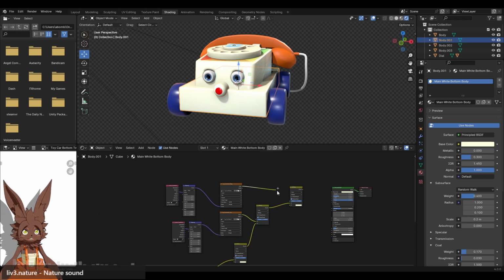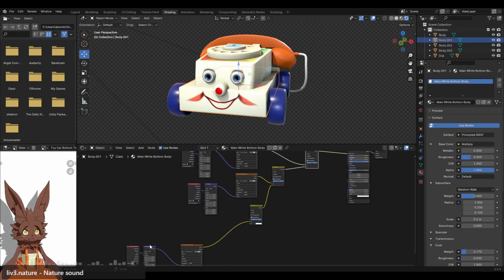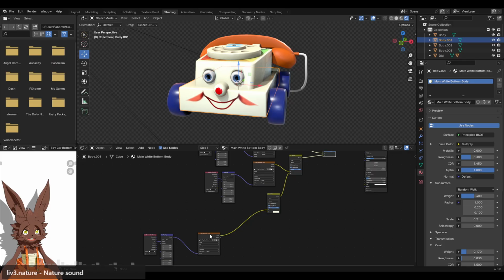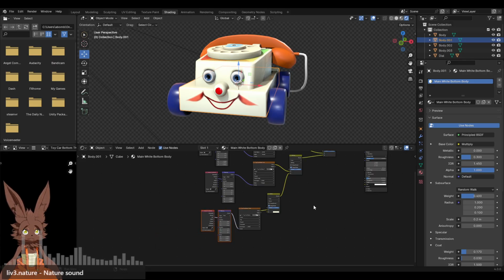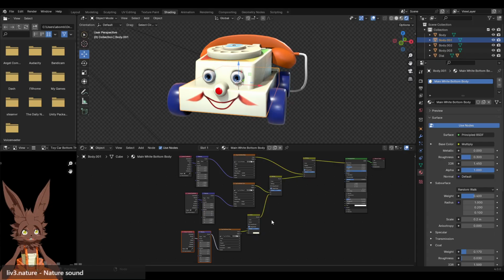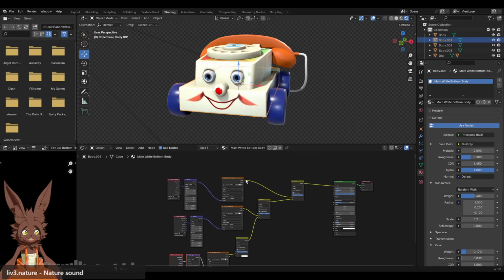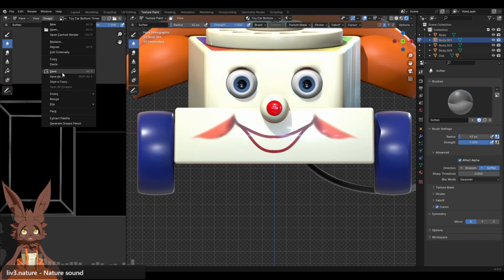Then this goes into here, and this into there, and then that into that. Yeah, so this is multiplying on top of the screen here. So this is screening on the base color, this is multiplying on top of that, this is multiplying on top of that. So then I can just come to this one, texture paint, save